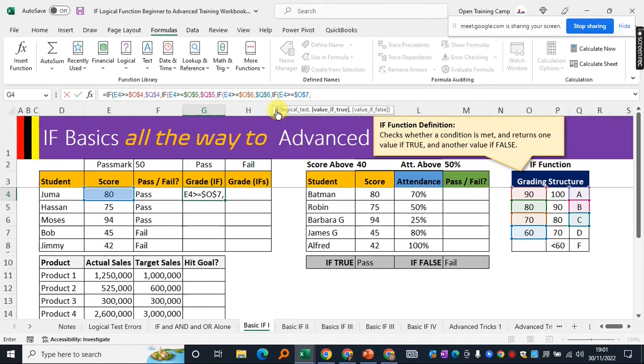Value if true, I'm following my screen tip right here. So the argument that I'm supposed to be giving is always bold. So value if true is a D, comma. So what should we do for our last question? So we can say value if false at this time, we should be getting an F, because this is our last argument in the entire if statement that we wrote. So I'll say value if false, give us an F,